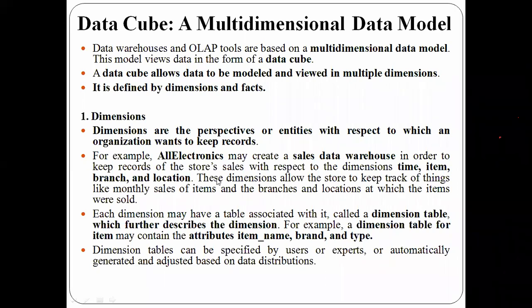So in the previous classes, I told that for designing a DBMS system, we'll be using the ER model, the entity relationship data model. That means all the data will be represented in the format of entities and the relationship between them. But in the case of a data warehouse system and the OLAP system, we'll be using a multi-dimensional data model because the data will be present in multiple dimensions here. So we'll be using a multi-dimensional data model for designing the data warehouse system.